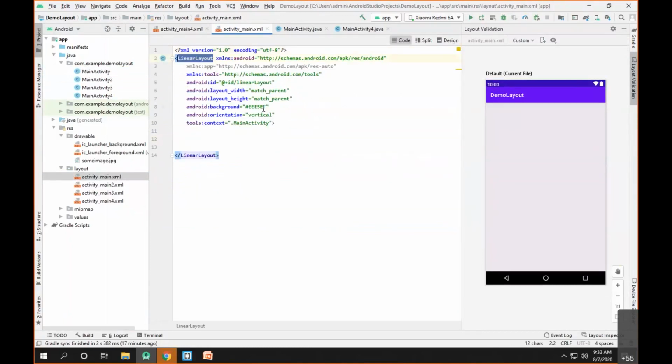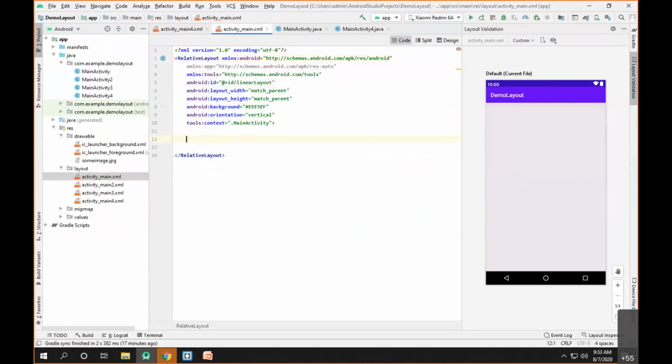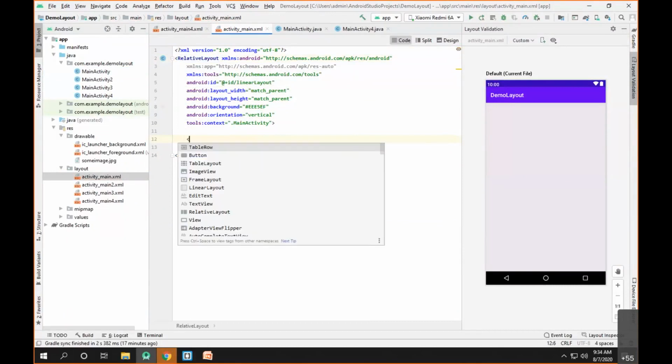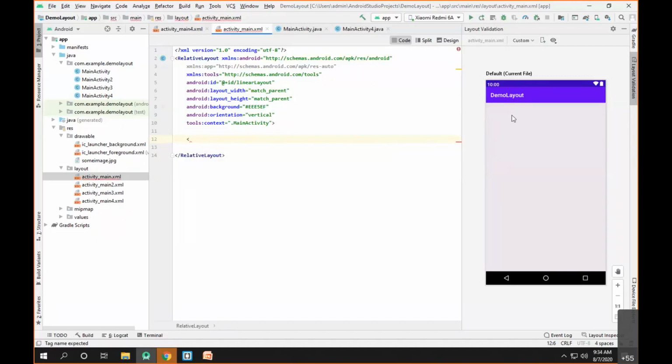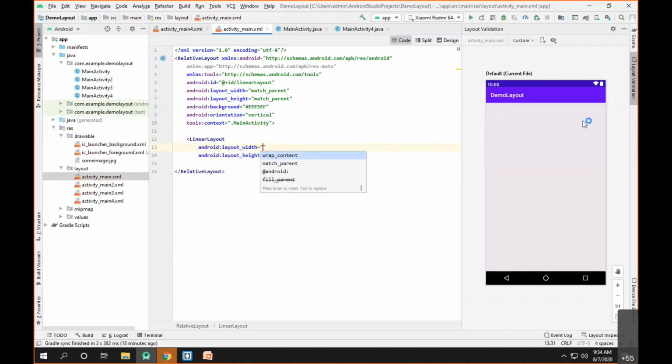Now for a login screen, we know we have to create it with a text view, and in front of that we require one edit text. For that we'll take one linear layout whose width is match parent and height wrap content, and for this linear layout we have the orientation as horizontal.